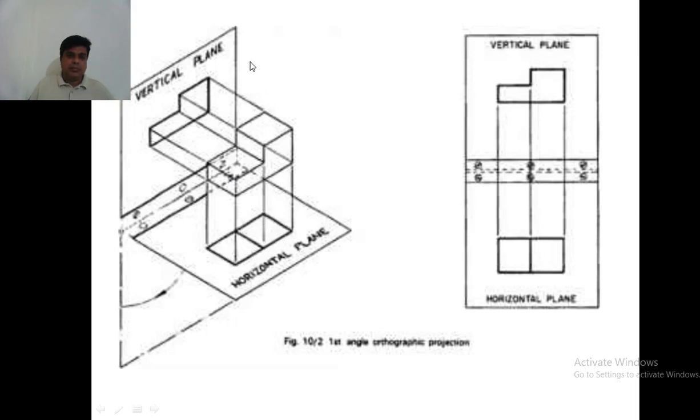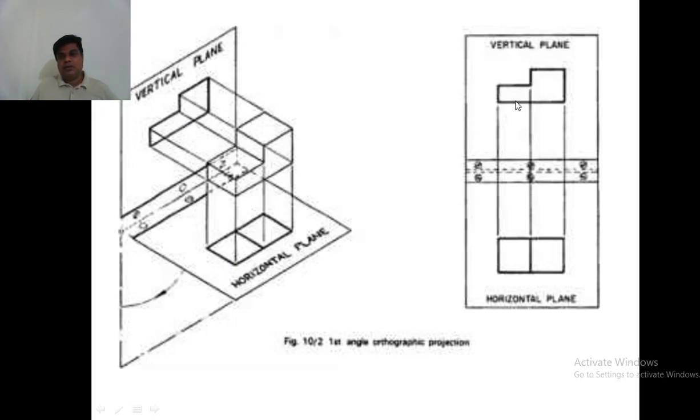From the top, you can see this line here, and this is a vertical line. From the top, a vertical line looks like a point, and then this edge continues. You can see this edge, and this edge, so it looks like this now. This is the front view of this object, and this is the top view. The same front view and top view you are drawing here now.